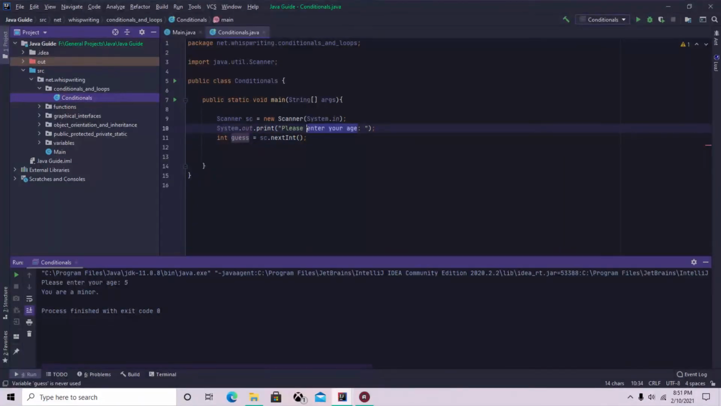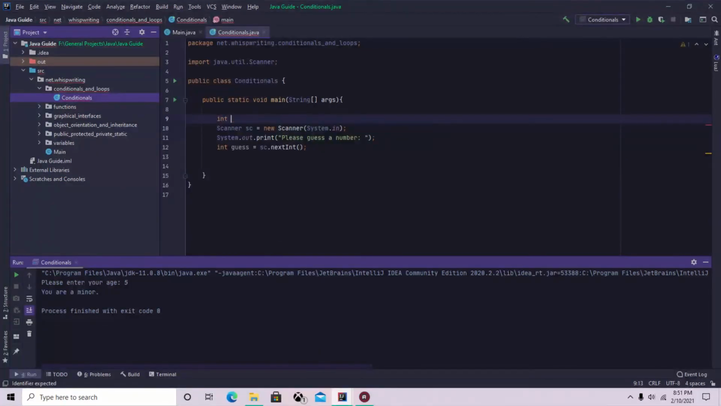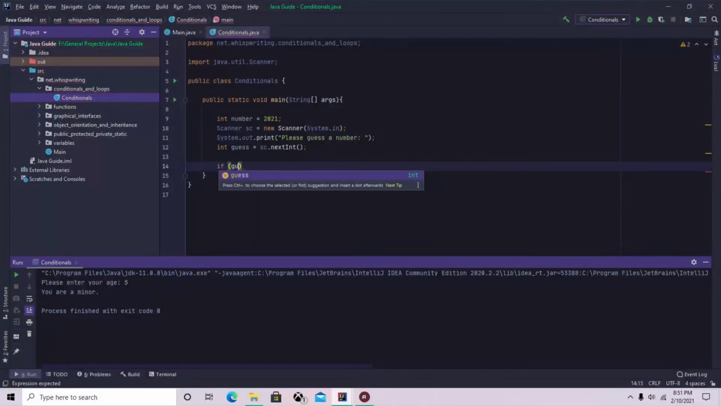Please guess a number. So, I'll put on the top here, int number is equal to, say, 55. Actually, 2021, because that's the current year. So say if guess is less than 2021,